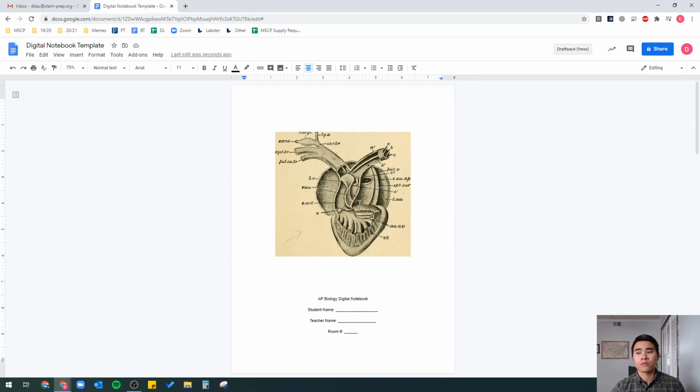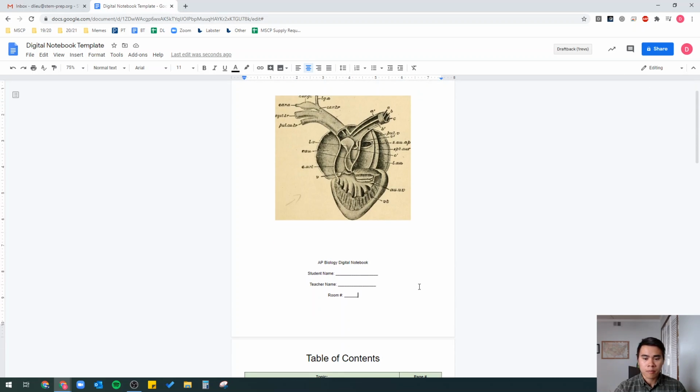With Google Docs, we can create interactive digital notebooks. This is going to allow me to see that you're keeping up with the notes, and it's kind of hard to do it with a physical notebook because then you would have to take pictures of it or show me during your Zoom call, which I don't really want. So for now we're going to be switching to a digital notebook, but I would